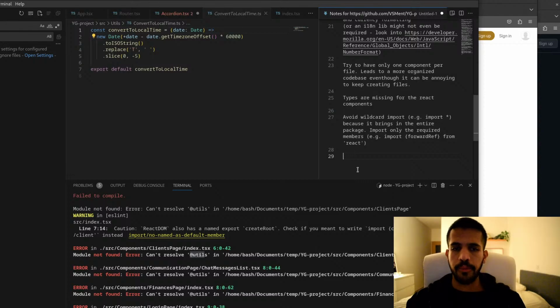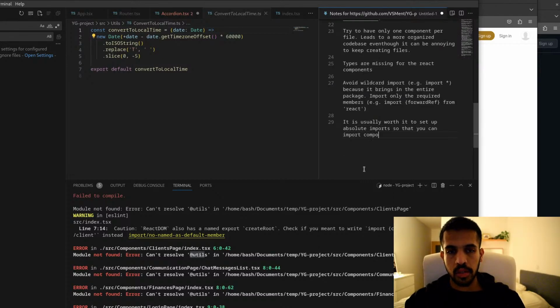It is usually worth it to set up absolute imports so that you can import components without thinking about folder hierarchy.